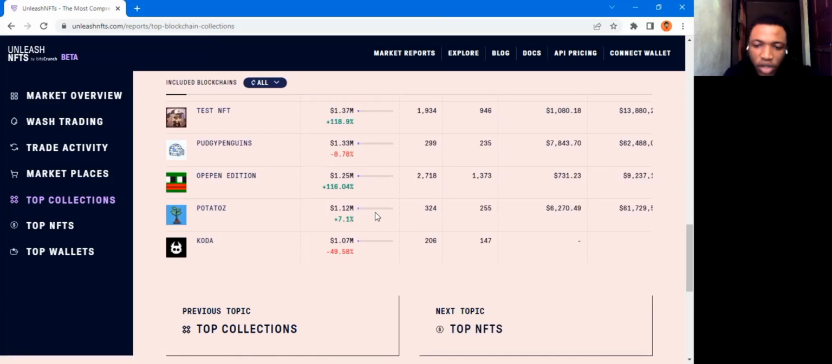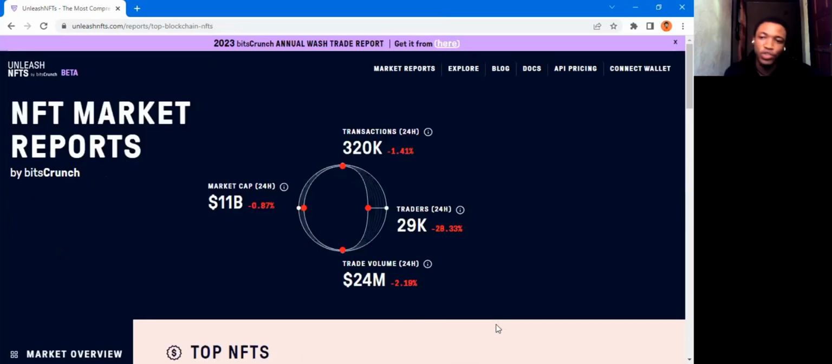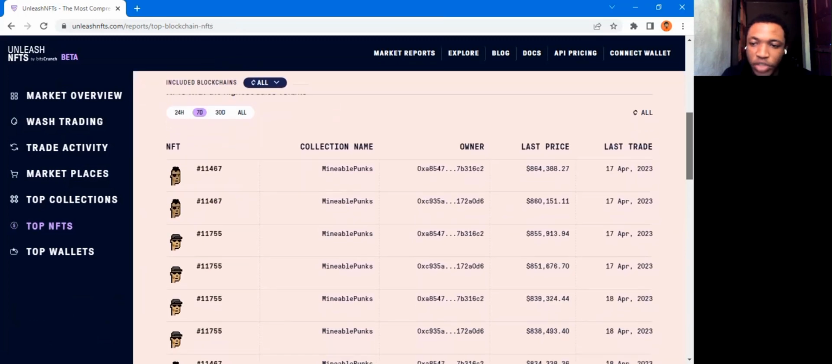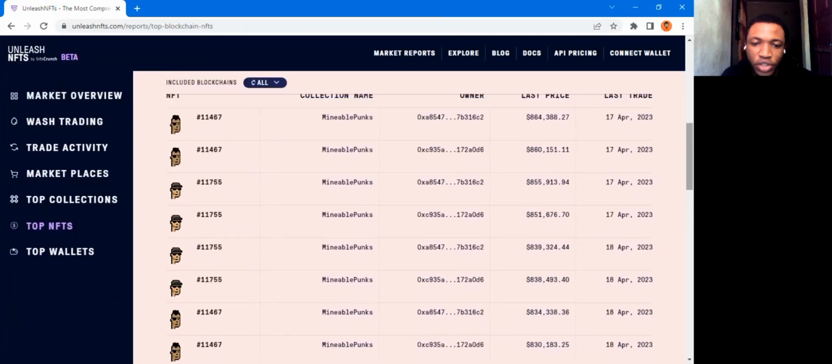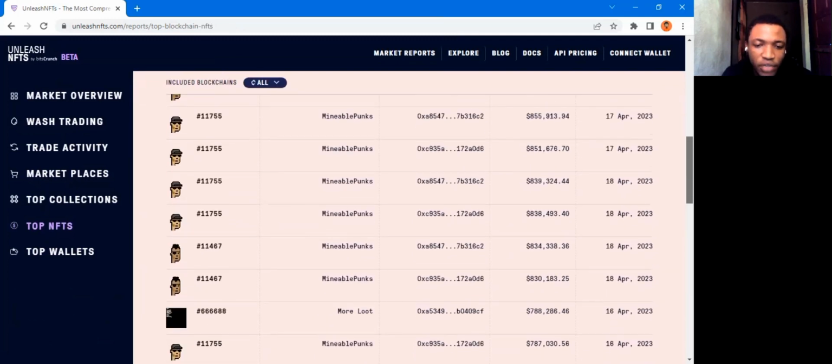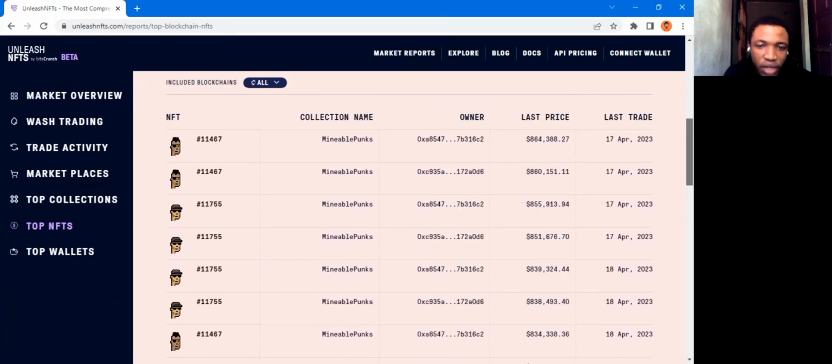Interesting. All right, so next we go to top NFTs. That one was about the top NFT collections, and this one is about the top NFTs themselves, irrespective of their collections. This is displaying the top 20 NFTs in the last 7 days. And if you notice, from number 1, 2, 3, 4, 5, 6, 7, 8 on this list,